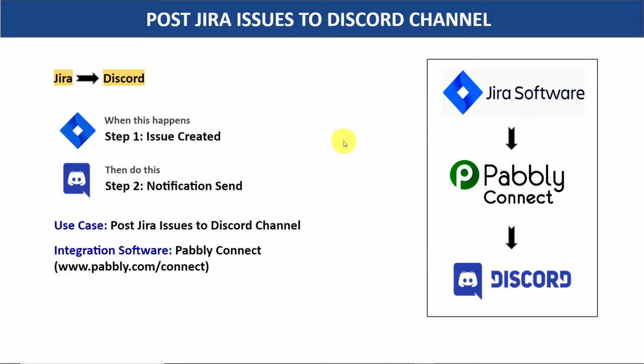So here you have two choices. The first choice is copy the issue from Jira, sort it out and manually send a message on Discord. The problem with this approach is it's actually very repetitive and tiresome. So I would suggest that you bring in some automation so that whenever a new issue is created in Jira, it will automatically send a notification on Discord.